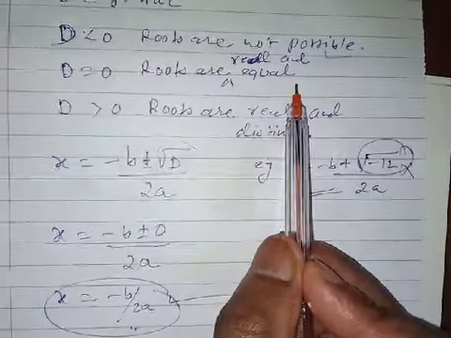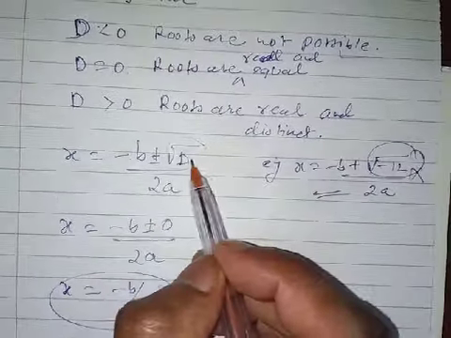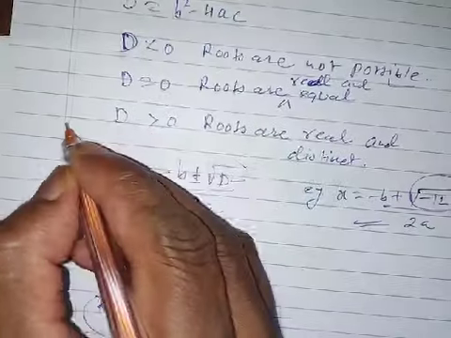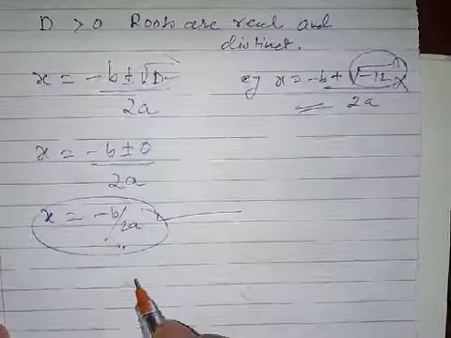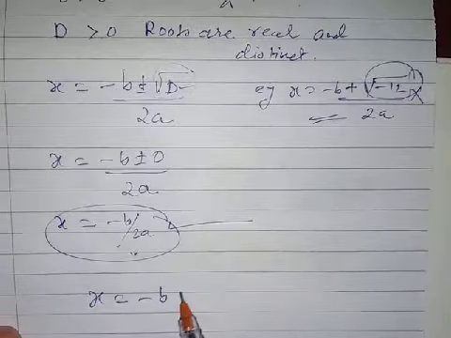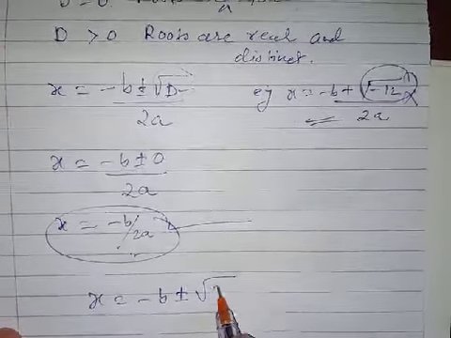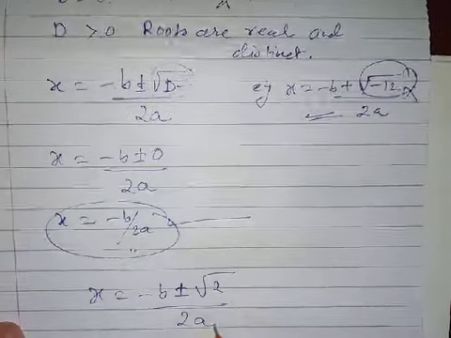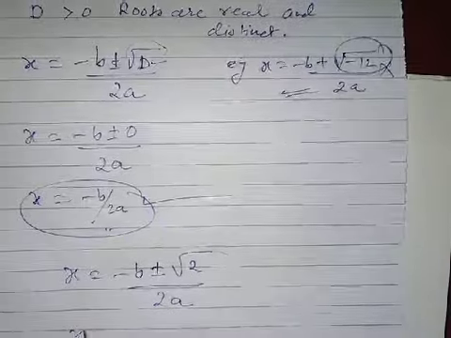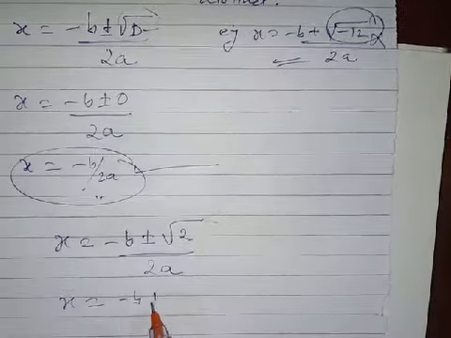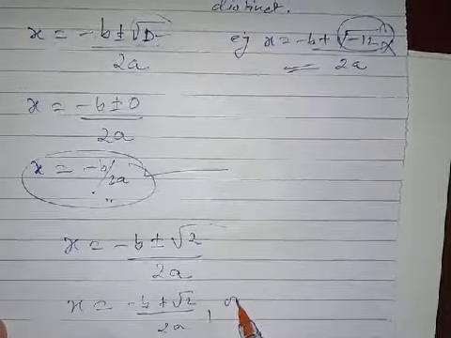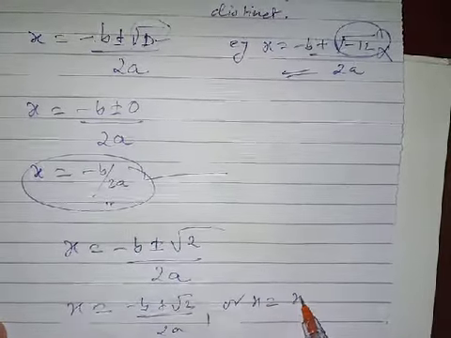So what is left, both the roots will be the same, and therefore it is written that the roots are real and equal. Is it? And if suppose D becomes greater than 0, we'll take that D is suppose 2. So what we say, x is equal to minus b plus minus root 2 upon 2a. Is it? So in that case, there will be two roots, one with plus and the other with minus sign.